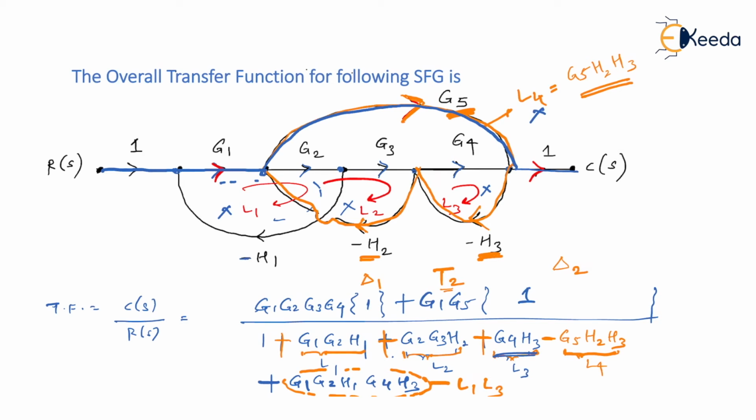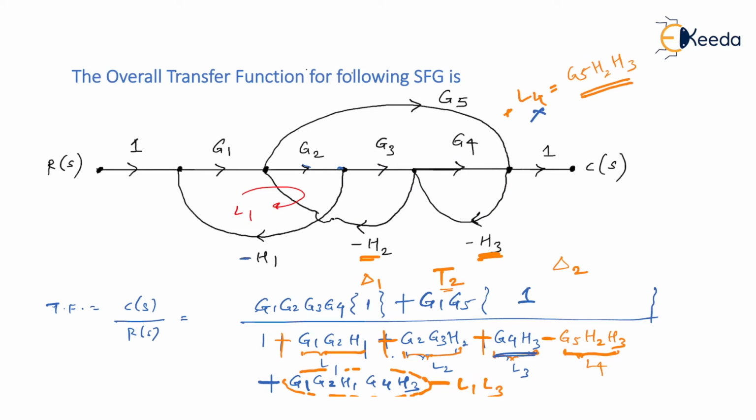If not, I can just make you understand it again. So I'll just remove a few things here so as to give you more clarity on this. So let me remind you, this is your loop number 1. This is your loop number 2. This is your loop number 3. And loop number 4, you know very well how we have taken that loop. And now let me talk about your T2 path. So T2 path is this one, that is G1 times G5. Am I right?